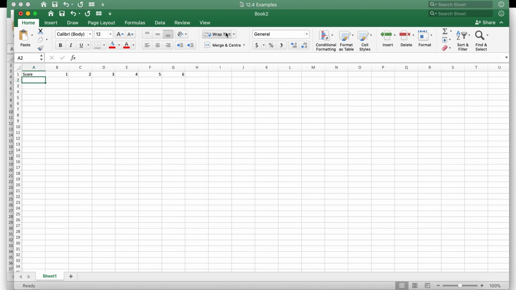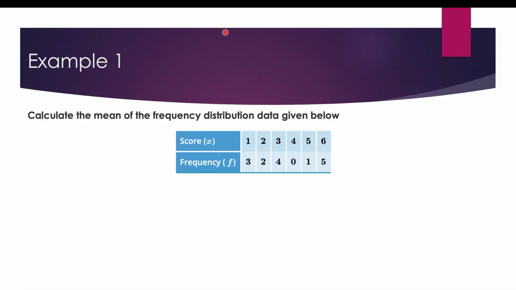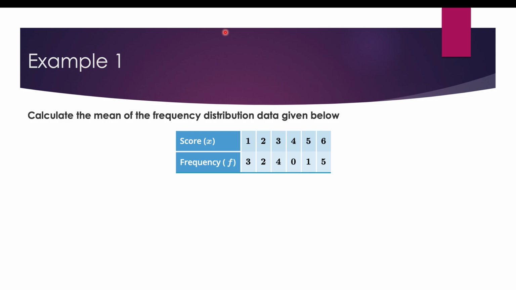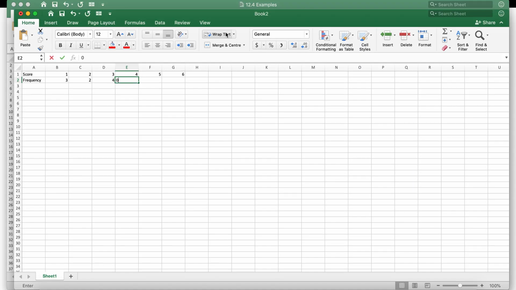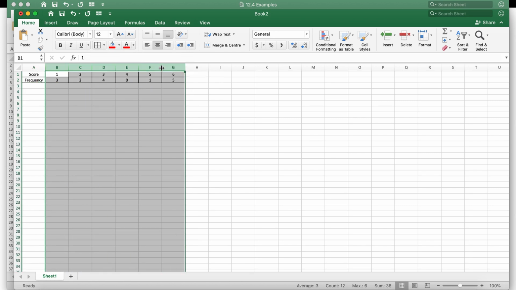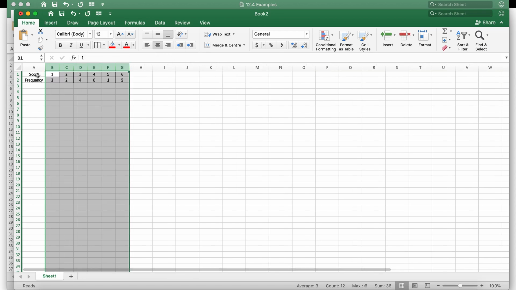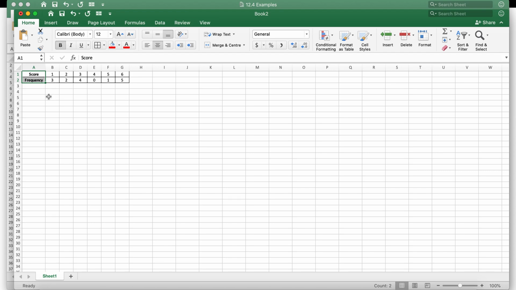And then underneath it says frequency, and it's 3, 2, 4, 0, 1, 5. I'm going to make this a little bit bigger because it's too small like that. Good. So in other words, what this is saying is that the score of 1,